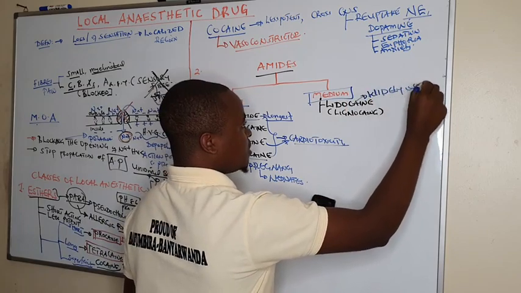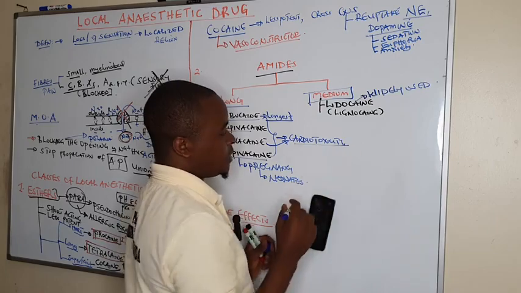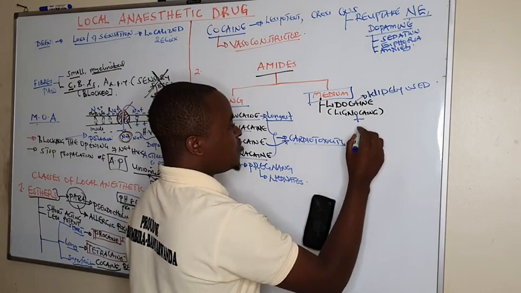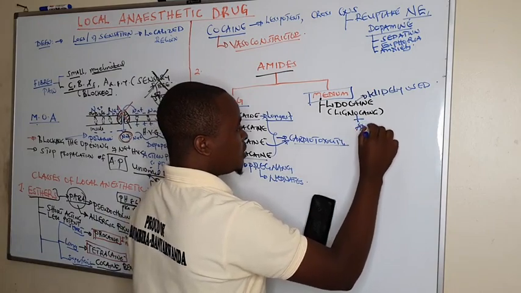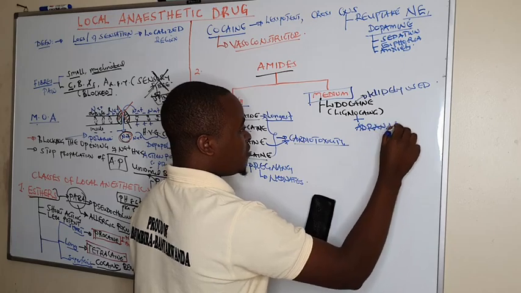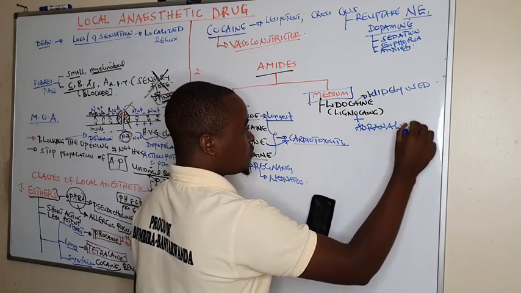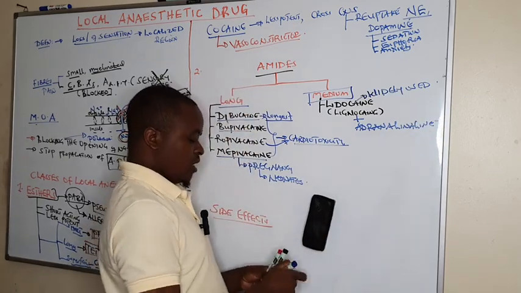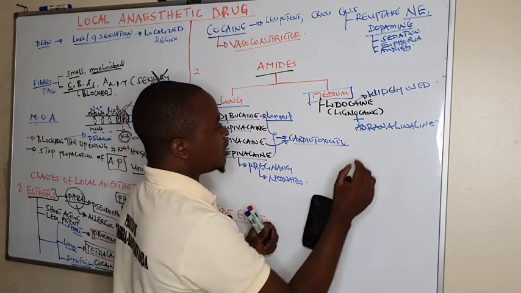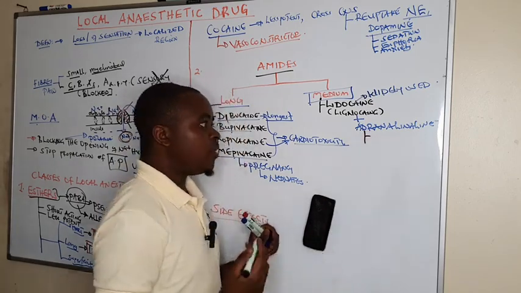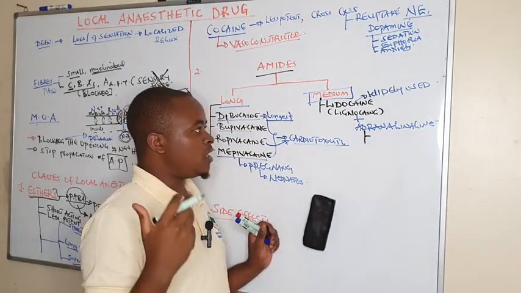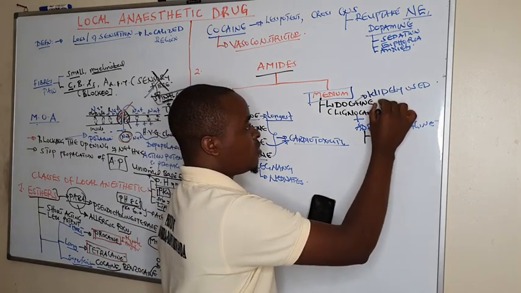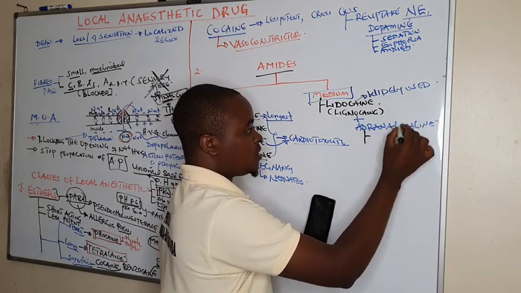It is widely used, and because it is a strong vasodilator, it is always given in combination with adrenaline. These drugs are given in combination with adrenaline, which is a vasoconstrictor. And this adrenaline, when given in combination, prevents systemic toxicity. The importance of combining lidocaine and adrenaline: this one is a vasodilator, this one is a vasoconstrictor, it